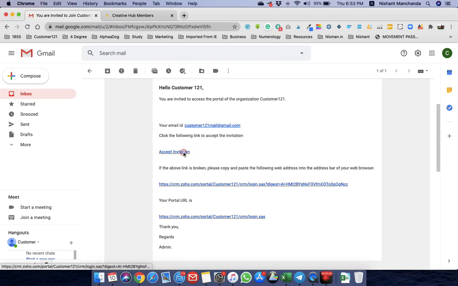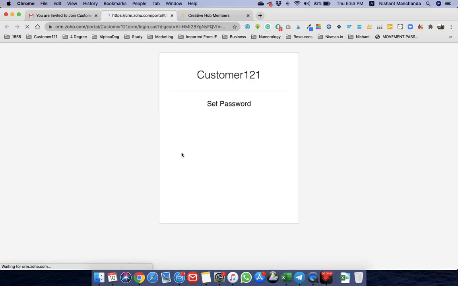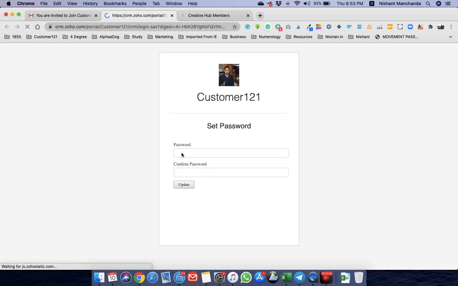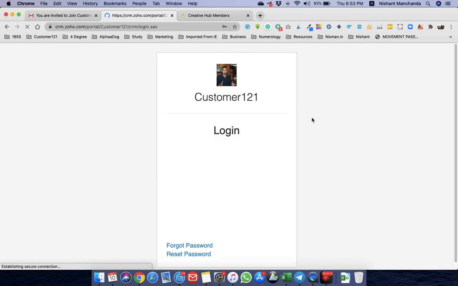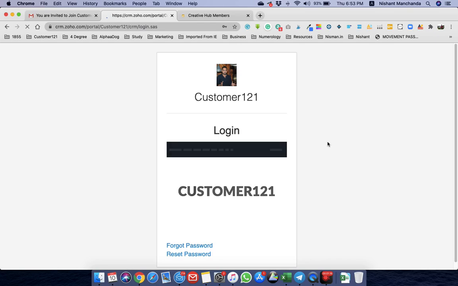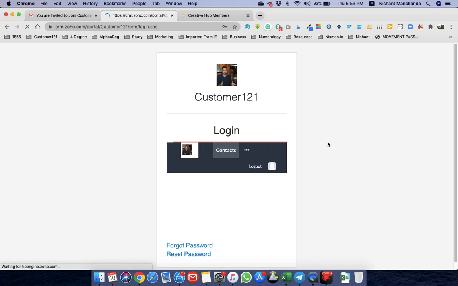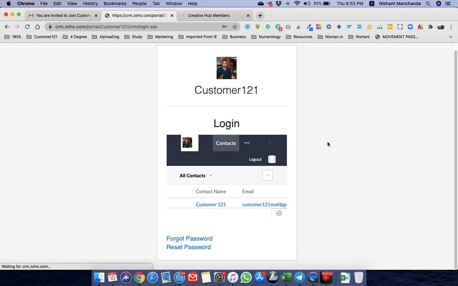Click on this button, a window will open, and you will be asked to set a password. So you set your password. Okay, click on update. Now you need to remember this password because this is the password you will need every time to log in to the Customer One-to-One portal. Once you reset your password,